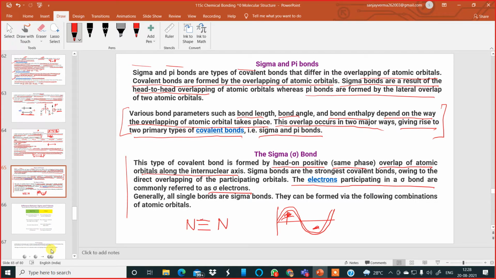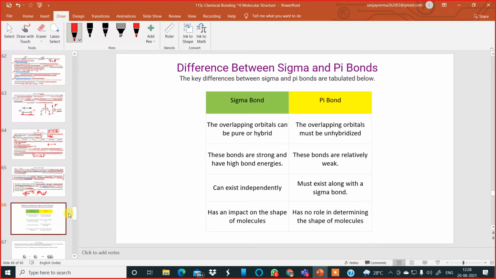If I ask you the question, what is the number of sigma electrons between the molecule of nitrogen, then this is pi, and this one is sigma. So how many electrons are there on the sigma bond? One or two? In a nitrogen molecule on the sigma bond, how many electrons are there? Nobody? It is two electrons. Two electrons are making this sigma bond. The other two are pi bonds. Now let us move to the next slide.